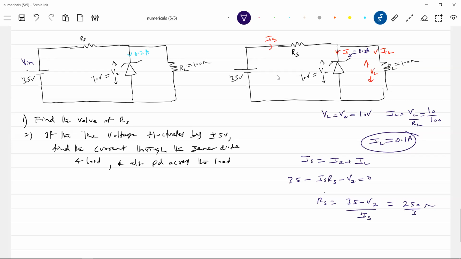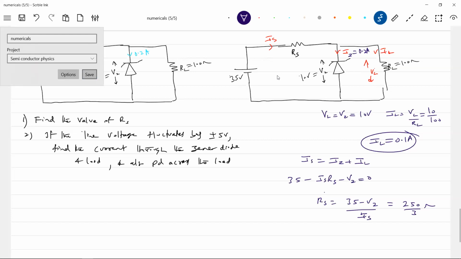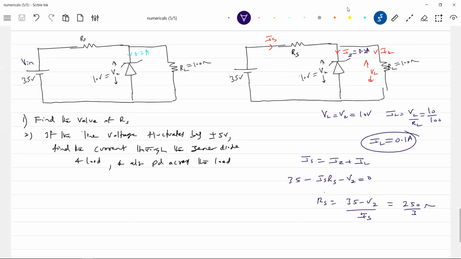These are very popular. You just have to apply KCL, KVL, nothing else to do. Sir, I don't know the OL, I don't know that free electron, I don't know that reverse bias. Why do you need all this to solve this problem? Only the Zener diode is reverse biased. The drop across it remains constant though the current increases. That's the idea, no?